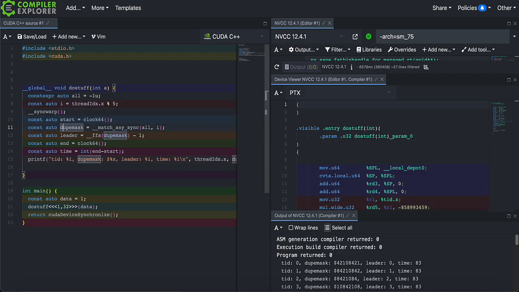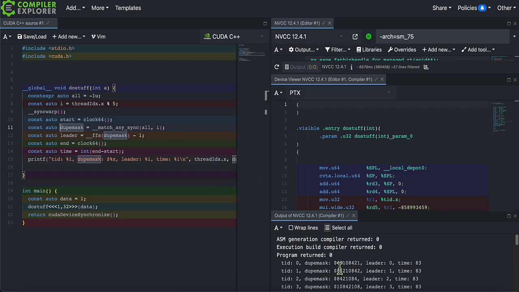Then we generate a dupe mask using match any sync. Now the dupe mask is a bit mask with 32 bits in it, one for every thread. And match any sync gives us 1 bit for every thread value that is the same as the current thread. So every thread gets a 1 for itself because, well, the thread is always equal to itself, and every other thread that matches it.